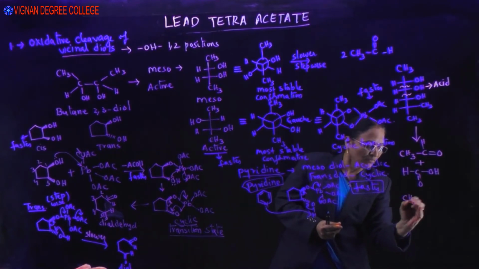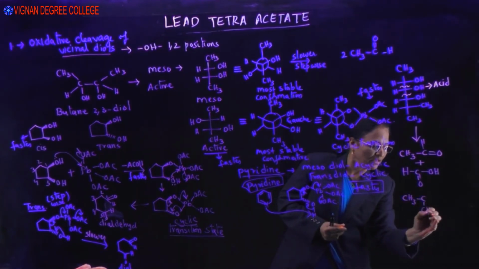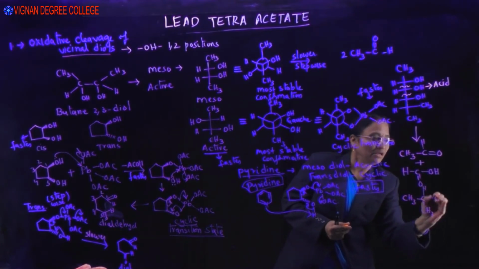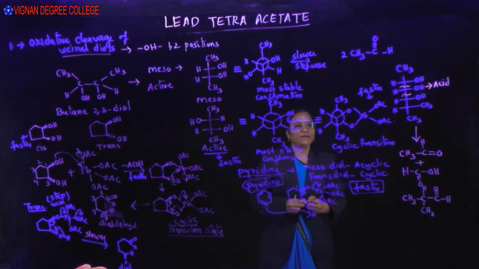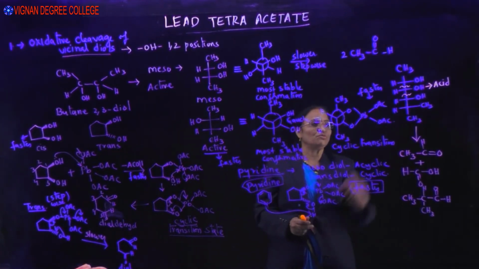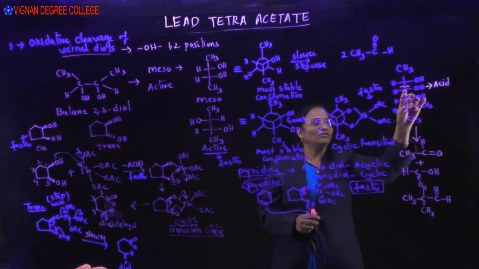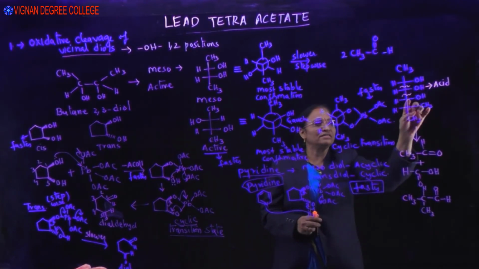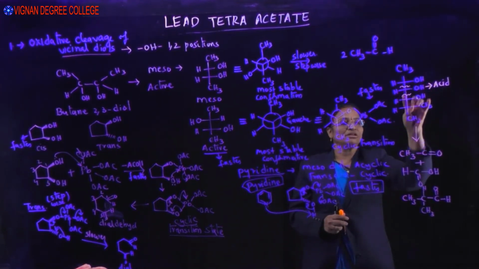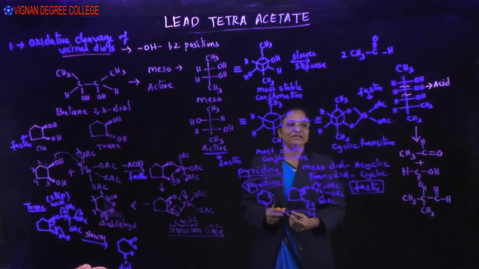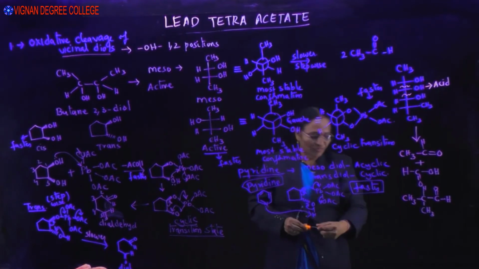and this leads to the formation of CH3CHO, HCOOH. So, in this way, the products depend upon how the hydroxy groups are present on a particular carbon atom. If you have hydroxy groups present on either side of the carbon atom along with the carbon holding the hydroxy group, that particular carbon will always lead to the formation of an acid. Otherwise, it leads to the formation of a carbonyl compound. Depending upon the substitution pattern, you will get different carbonyl compounds.